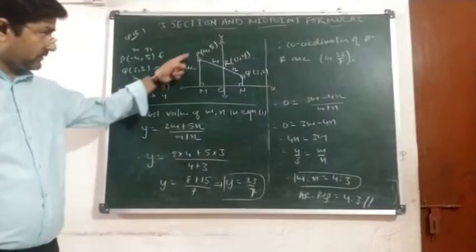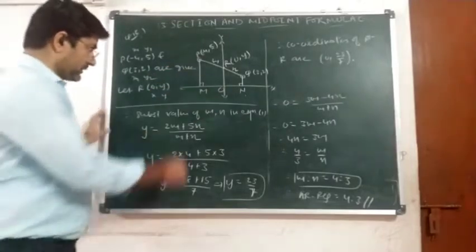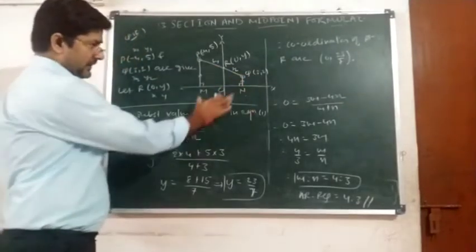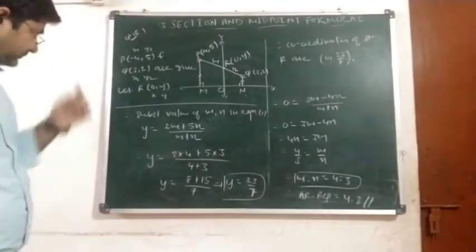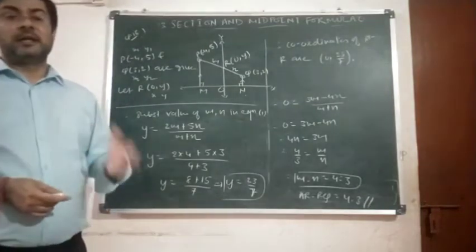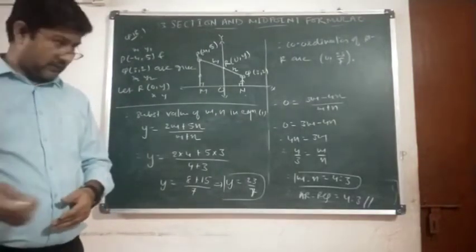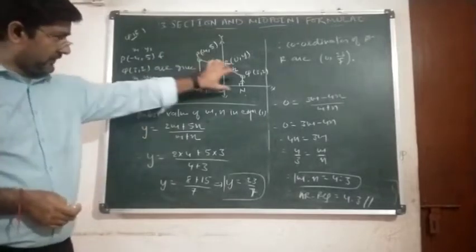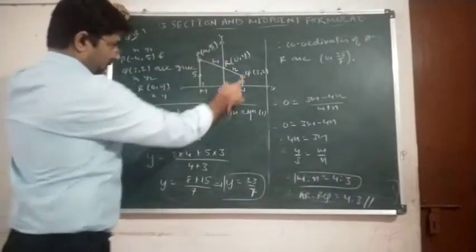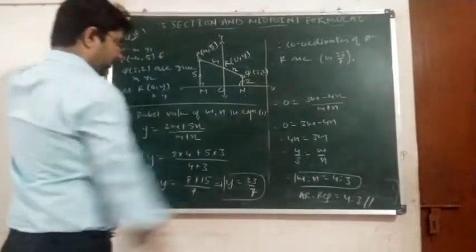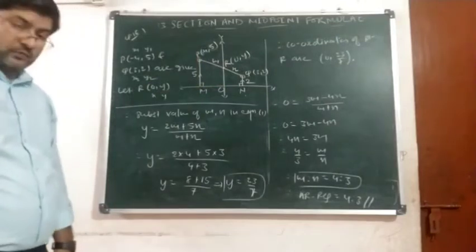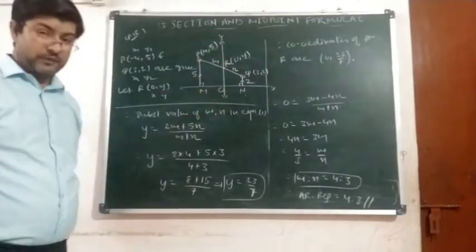Now if you observe this quadrilateral PMNQ, you will notice that this is a trapezium with PM and QN parallel sides and MN the distance between them. Okay, let us recall the formula to calculate the area of a trapezium, that is half into sum of parallel sides into distance between them. So we have the lengths of parallel sides, PM represented by y coordinate 5, QN given by y coordinate 2. Okay, we have to calculate distance MN.